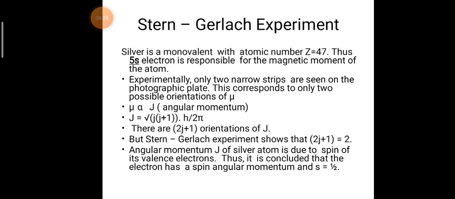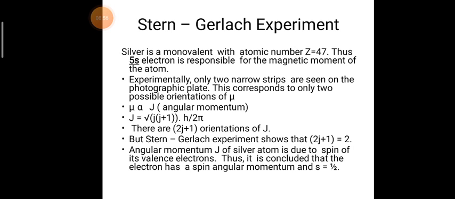The total magnetic moment of the atom is only because of this single electron, and only two narrow strips are seen on the photographic plate corresponding to the possible orientations of mu, where mu is proportional to angular momentum J, and the value of J is given by root of J into J plus 1 times h by 2 pi. There are 2J plus 1 orientations of J